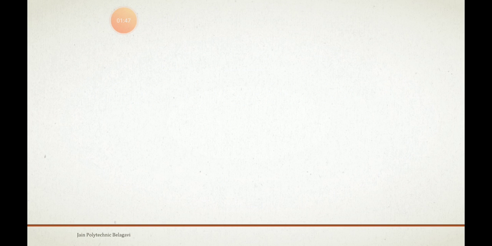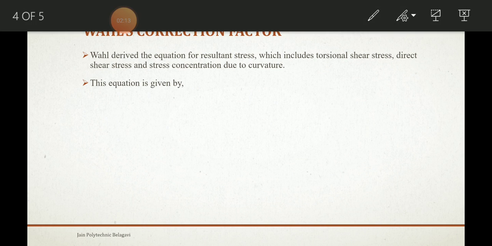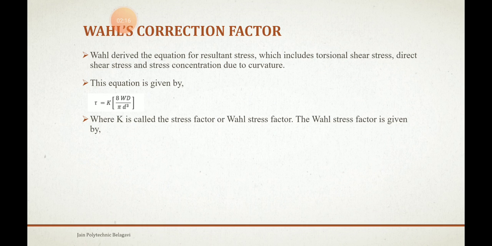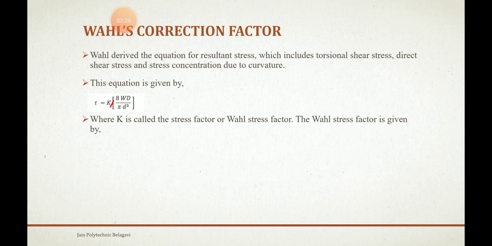We'll move to the expression for the Wahl's correction factor now. See, Wahl derived an equation for the resultant stresses. Now, why was it derived? It is derived for when your spring is subjected to direct stress as well as fatigue load, and where the radius of curvature of the spring comes into account. So the equation is given by tau equal to K into 8WD divided by pi d cube, where this K is called the Wahl's correction factor and the value of it is given by